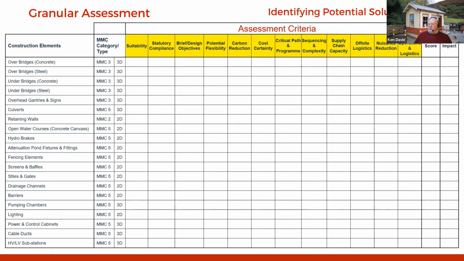Bridges are an obvious element that can be offsite manufactured.